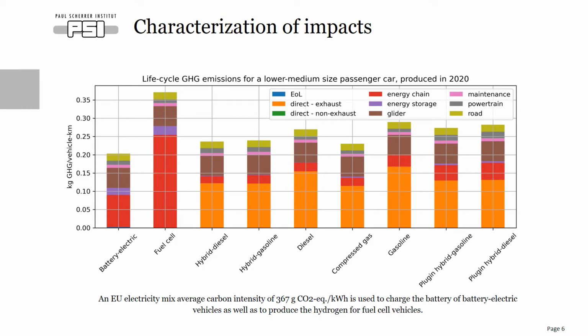And here I want to mention emissions associated to the glider production of the car and its powertrain and its energy storage. And that is exactly the second point of this slide, to say that we should also investigate further how these components are made, and more precisely how the raw materials that enter the composition of these components are made, such as aluminum, steel, and so on and so forth.